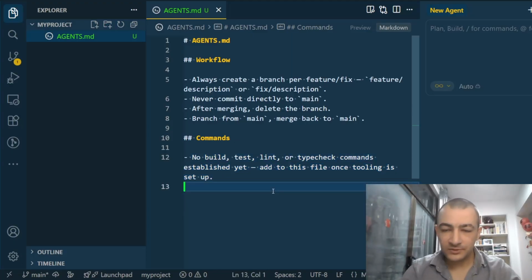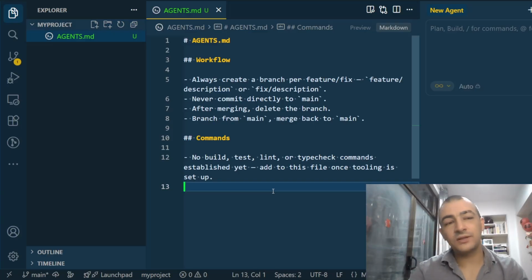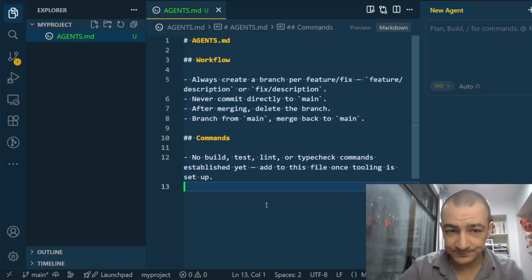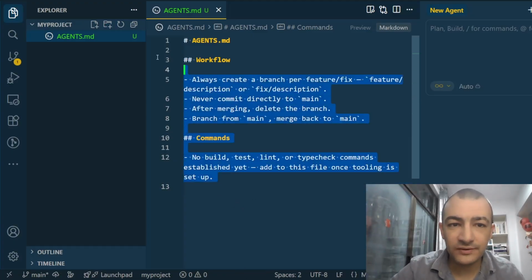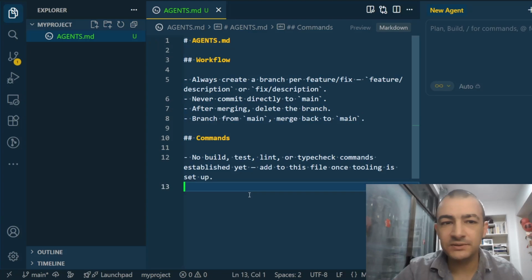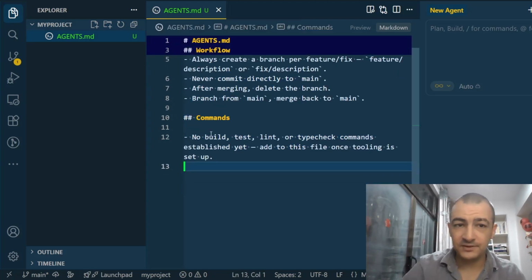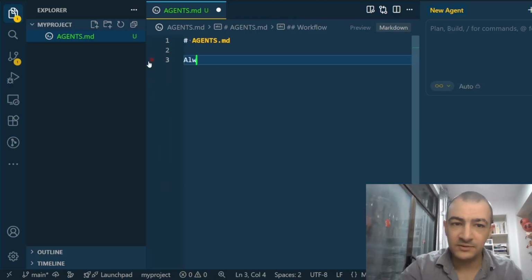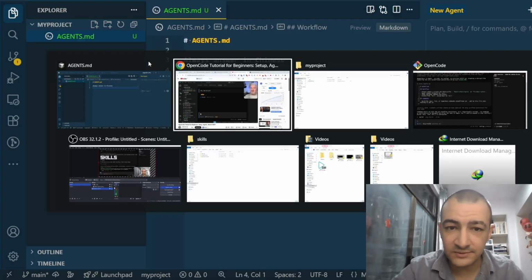Okay, why not? So everything that we're doing here, this is related to the memory of our agent. Every time your agent does something, it's going to run this file first. So feel free to add anything here that you would like. My suggestion to you is not to overload this. They say the best practice is to keep it under 100 lines, and it always reads it every time. For example, if I tell it always answer in Chinese, let's do this,